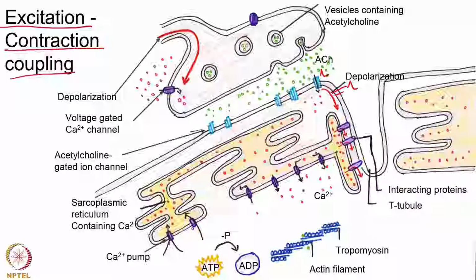In the muscle cell there are some special spaces called T tubules that have a structure resembling the English letter T. Depolarization arrives here, and close to the T tubules you have what are called